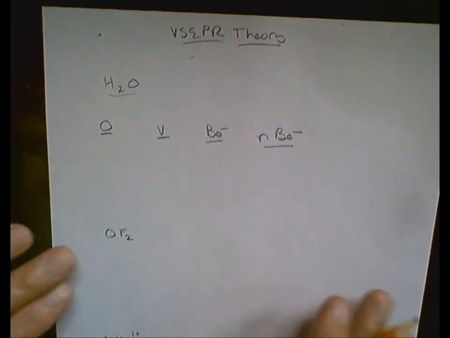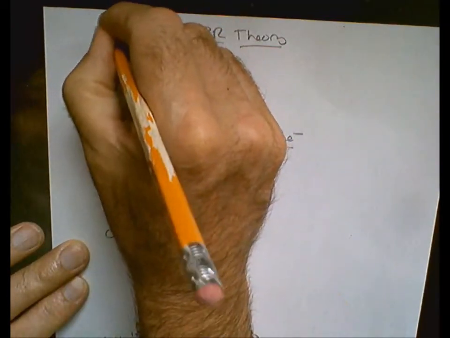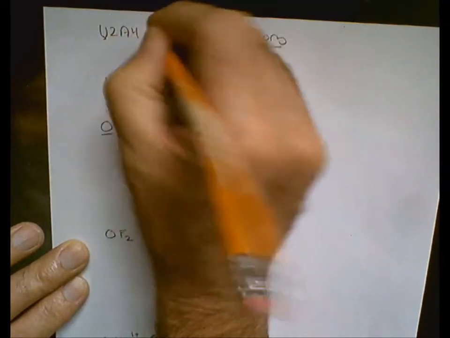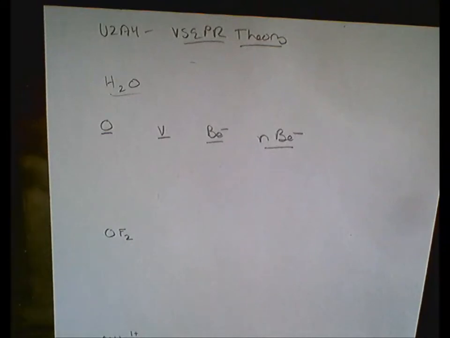Okay, we are on to U2A4. This is the last activity or section of Unit 2, and what we're looking at is a very important theory called the valence shell electron pair repulsion theory, also called VSEPR. This was brought about by Gillespie. He was a researcher at McMaster University in Hamilton, Ontario. He did a lot of this work when he was still in England, but he brought this work over